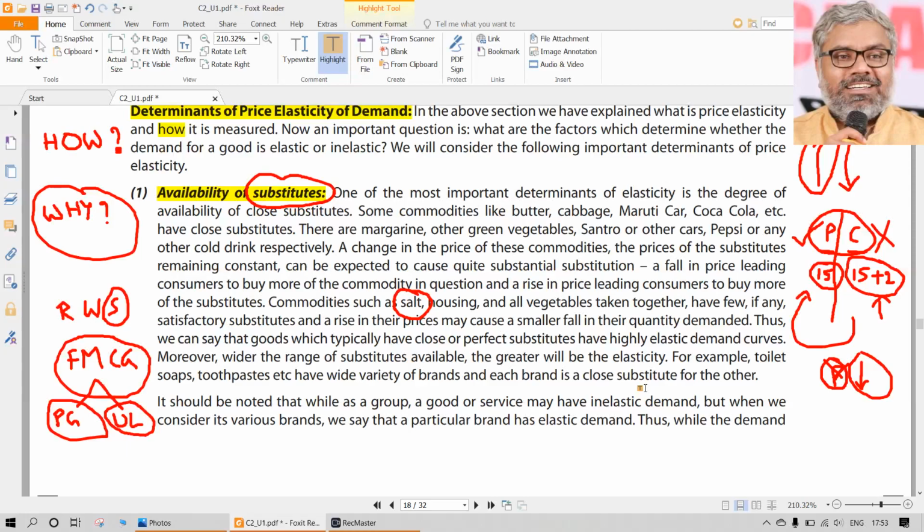Once again, from the examination point of view, one question can be expected from this, a practical question. But in reality, this discussion is very important. The business managers, not only them, the governments also, everybody, even consumers, I would say, should be aware of this. Otherwise, the businesses will make fools of us, as simple as that. If we are aware of the nature of the commodity, then we can understand why the businessman is doing that, why he is announcing all these things. What is this sudden love for the consumers that he is giving a discount? Why is that?